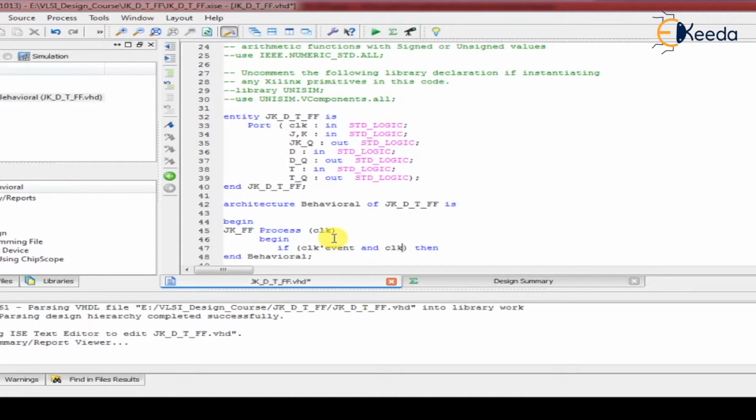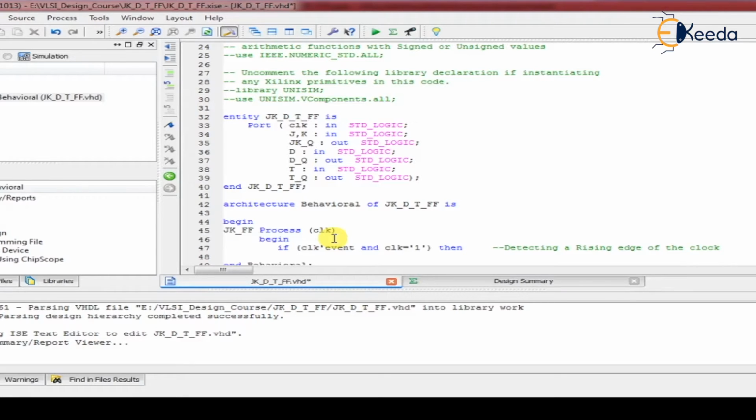And if clock is equal to 1, that means it detects a rising edge of the clock. I'll just write a comment: detecting a rising edge of the clock.